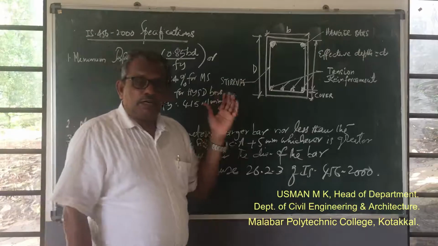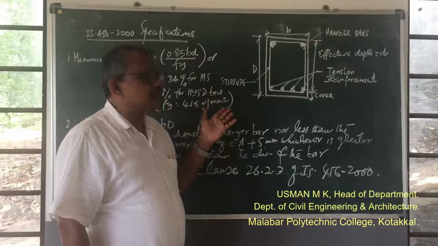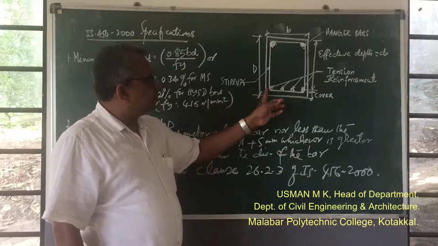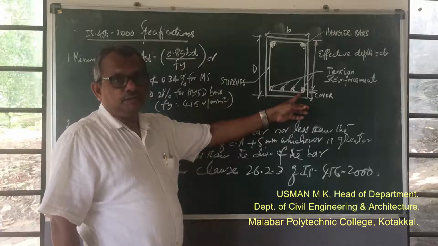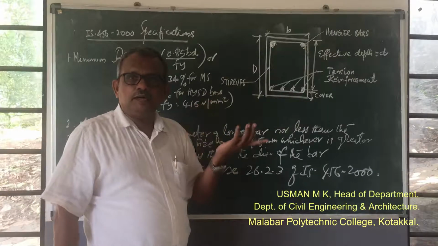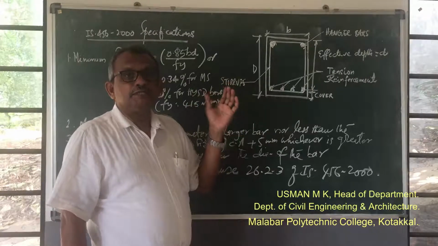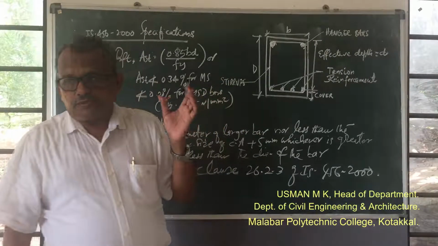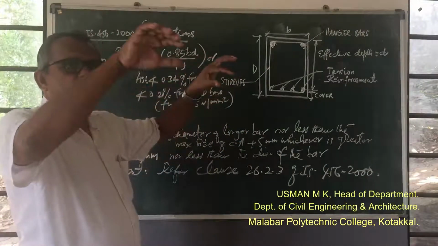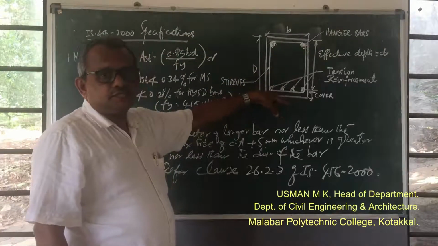You know that concrete is very weak in tension. Therefore, to take the tensile stresses, we provide steel reinforcement at the bottom in simply supported beams. You know the difference between a simply supported beam and a cantilever beam. In a simply supported beam, the beam will bend with the concavity upwards. We already studied that: due to the external loads, the beam will bend with the concavity upwards. Therefore, compression will occur at the top and tensile stress at the bottom.